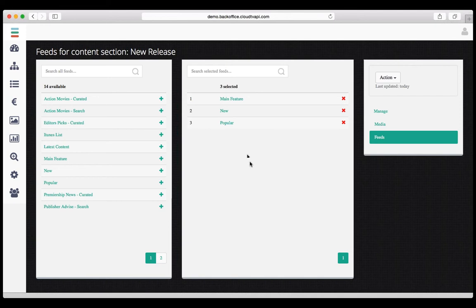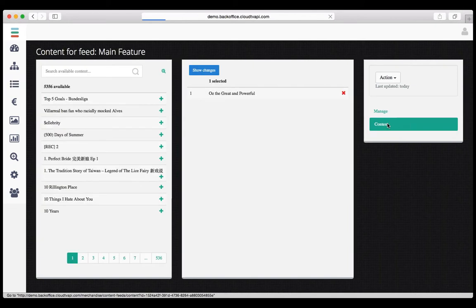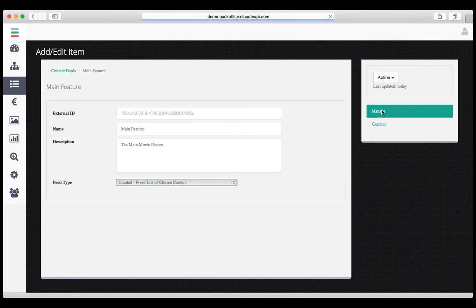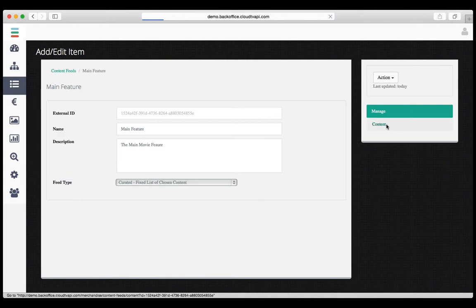So when you get this particular section displayed, it has the mesh up of 3 different feeds. So one item in the main feature, which is curated, so that's like a hero piece of content. Oz the Great and Powerful is where we've got our hero content at the moment, and the other 2 feeds being new and popular. And then